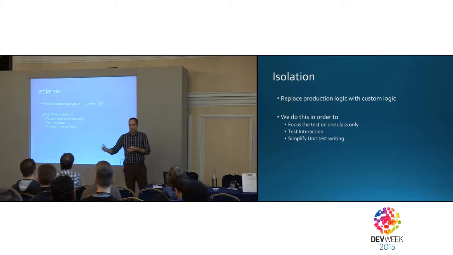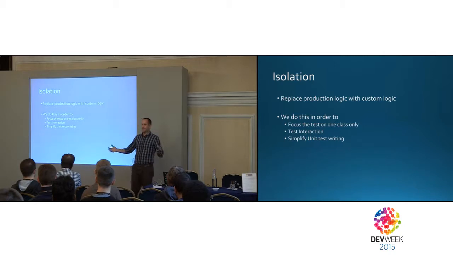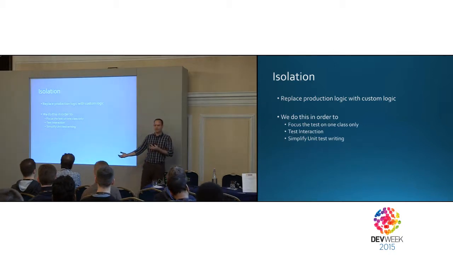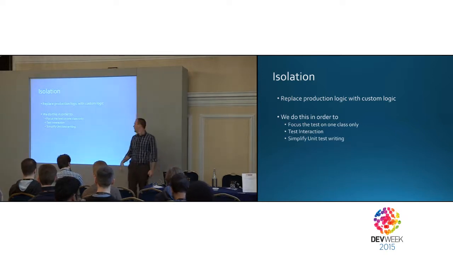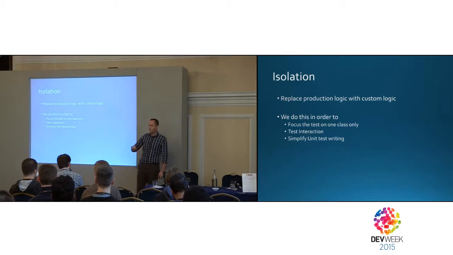The idea is to replace the production code with my own code, because everything is classes. I can take a class and replace it with another class that does absolutely nothing or whatever I tell it to. And it enabled me to do two things. Take the server, database, whatever, take it out of the equation, because I still want to write unit tests and do TDD. And I can test interaction as well. I can say, client or server, did anyone send you that message? Without going to the server, just to my fake class.